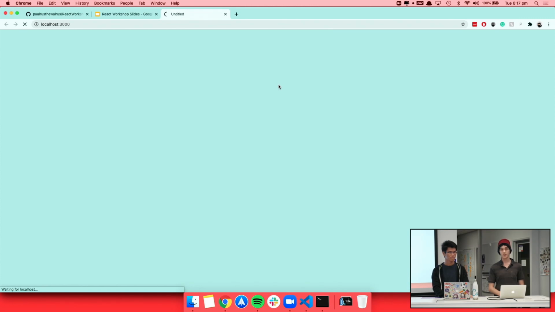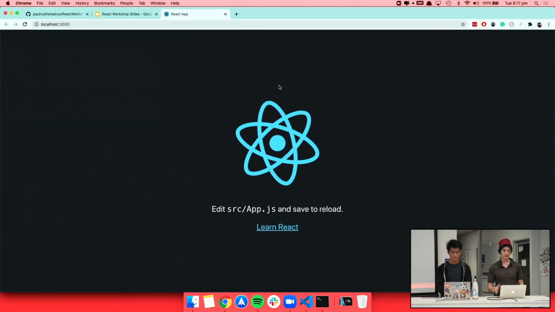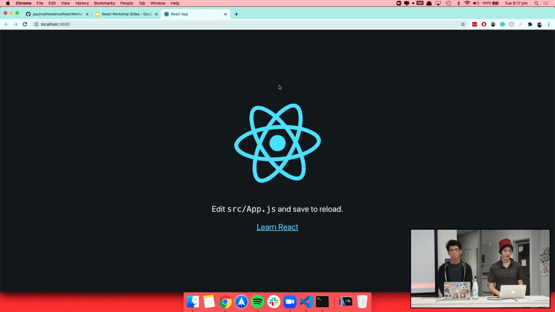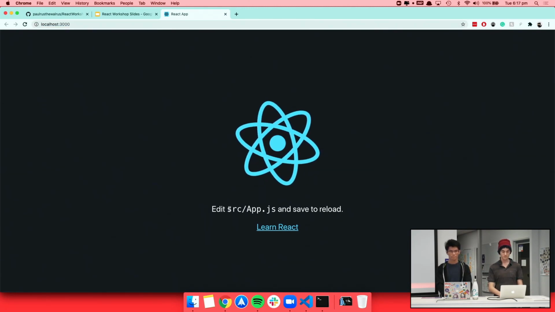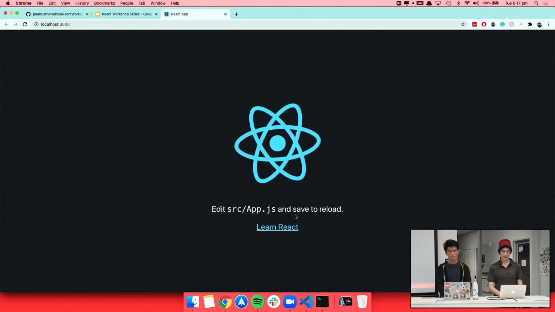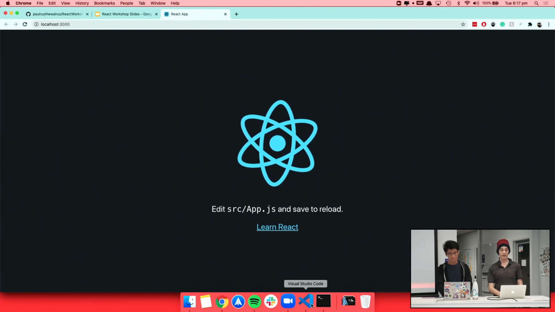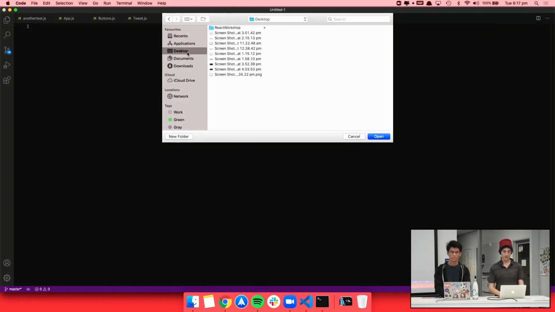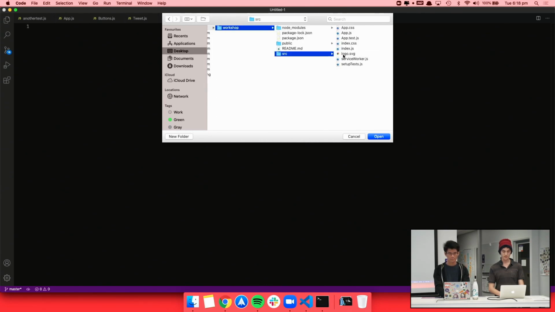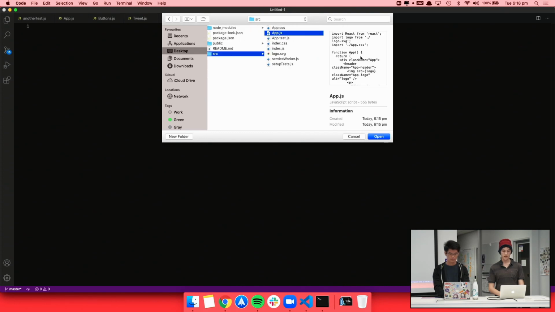And just like in the instructions that we put out when you're setting up React, you should get a tab as so with the name localhost port 3000. So to begin, we're going to be editing the app.js file. So come to your IDE and just navigate over to your workshop file and come to the